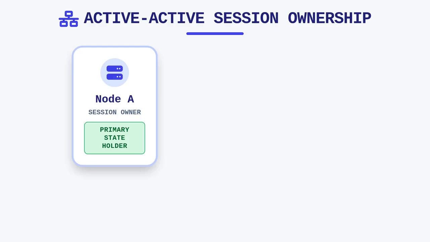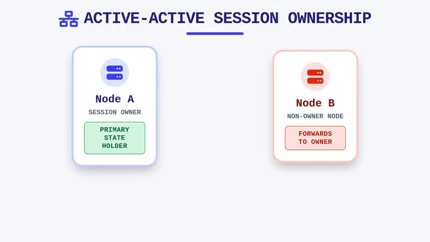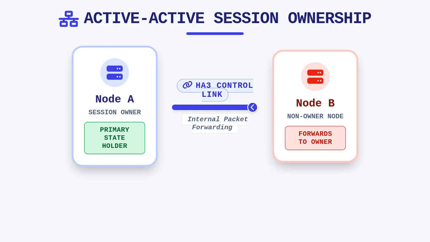Session ownership is perhaps the most nuanced aspect of the active-active configuration, as it determines which node holds the primary state information for a given flow. When a packet arrives at an interface, the system determines the session owner. If the packet arrives at the non-owner node, it must be forwarded through the HA3 control link to the owner node. This internal forwarding mechanism is essential for maintaining architectural integrity in asymmetric environments where traffic might arrive on different